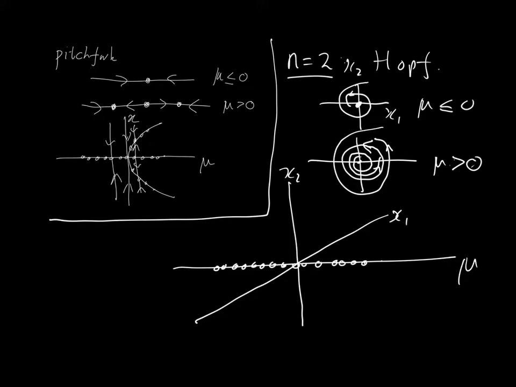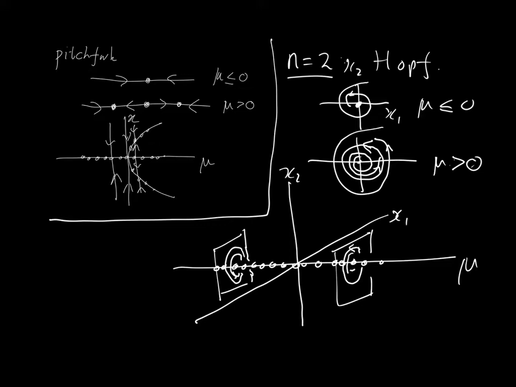If I look to the left of 0, my picture is of an attracting fixed point, spiraling in like this. Now as I go through 0, this changes, and in fact over here, I actually have a periodic orbit going around this,